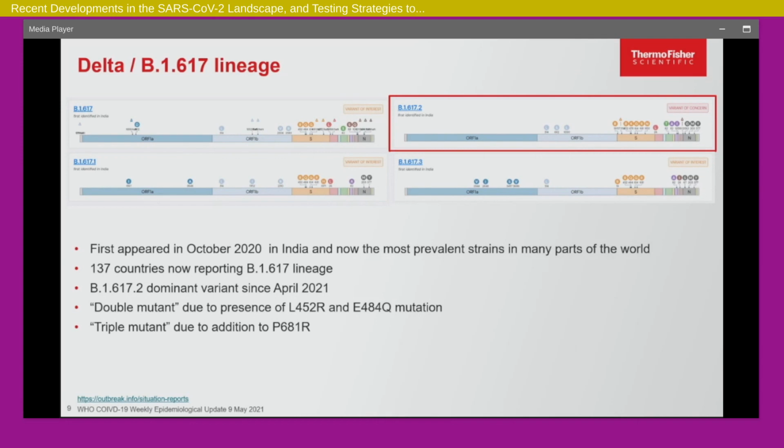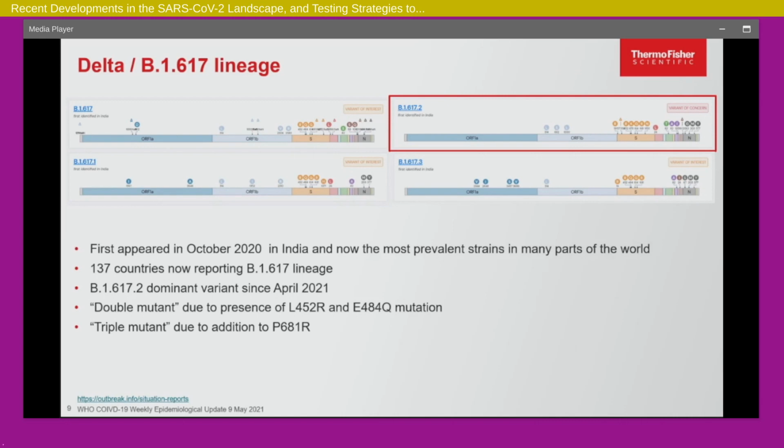In addition to some of these parent mutations, there are some interesting mutations. There's a word that was used when it first came out, the word double mutant, because it had two specific mutations that were of concern. These are the mutations that in vitro studies showed a poor response to antibody therapies. One was the L452R and the E484Q. Now, I've been talking about E484K. This one is an E484Q. So there are slight changes, as you can see, from one lineage to the other in some of these mutations.